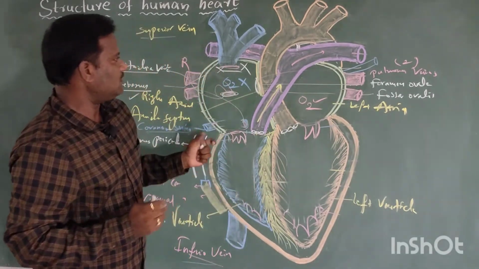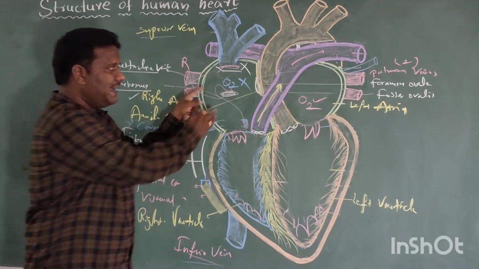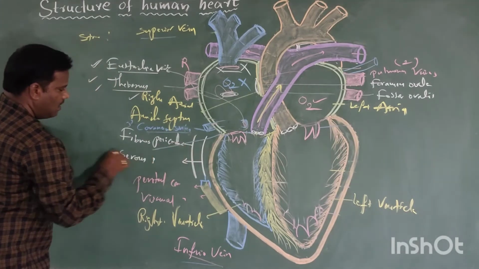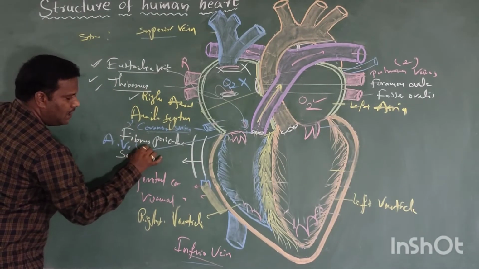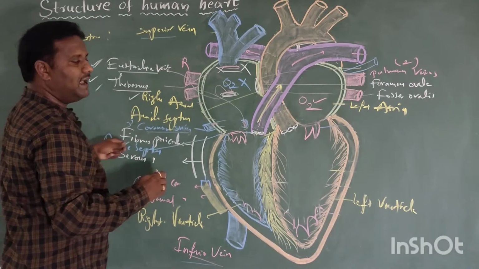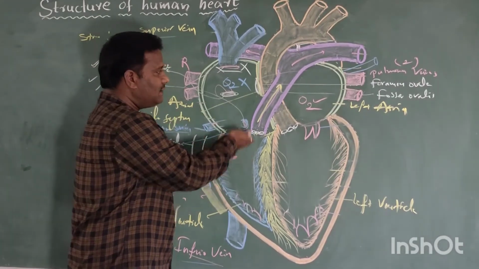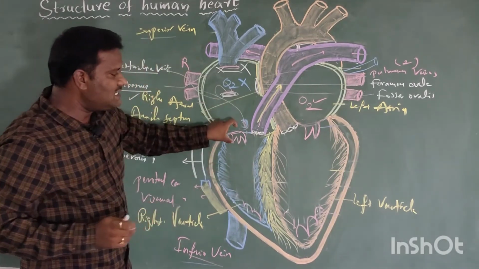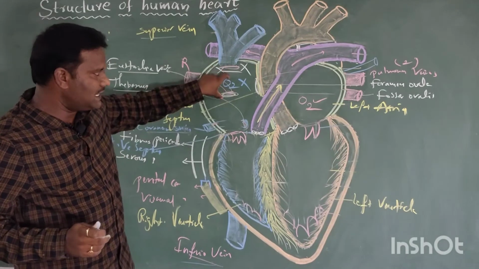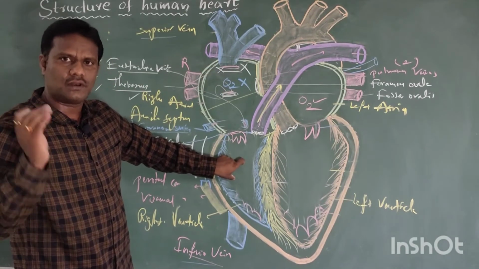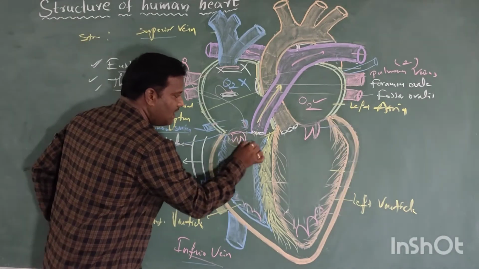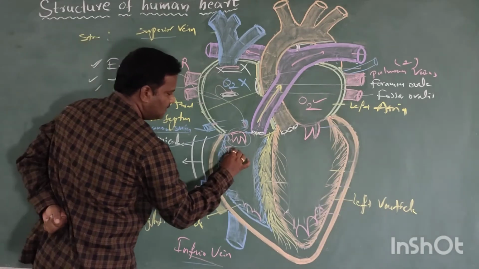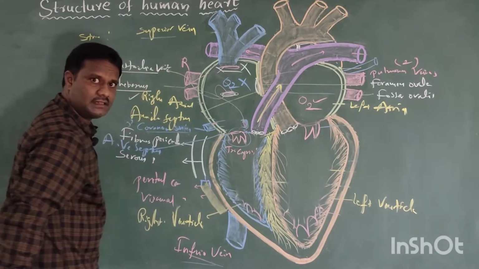Next, the junction between the atrium and the ventricle. This is separated mainly by the atrioventricular septum, which divides the atrium and the ventricles. On the right side, the right atrium comes into the right ventricle. In this area three valves, three cusps, are present. This is called the tricuspid valve on the right side.